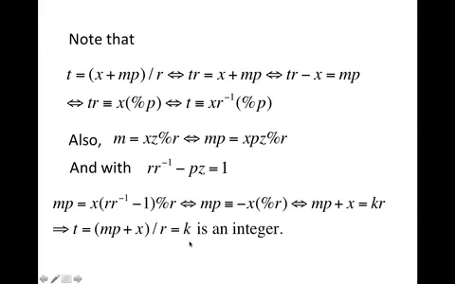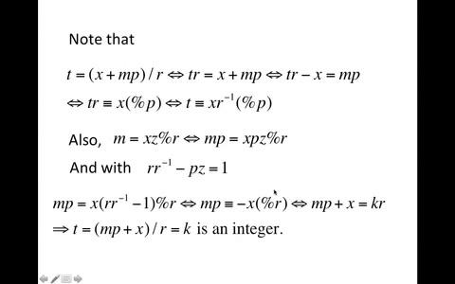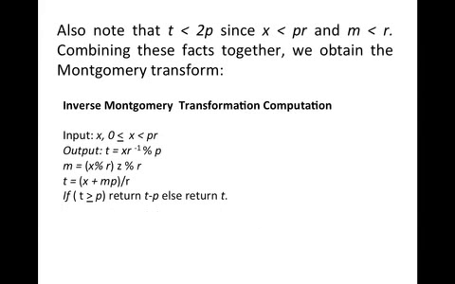But guess what? To compute t, or to compute m, the only thing I did was mod to r, or divide by r. Both these numbers were gotten only by those operations, both of which are straightforward in binary. One is truncation, one is shift. Okay, division by a power of 2. So now we just finished that, and moreover, we could sort of easily see that t is less than 2p,